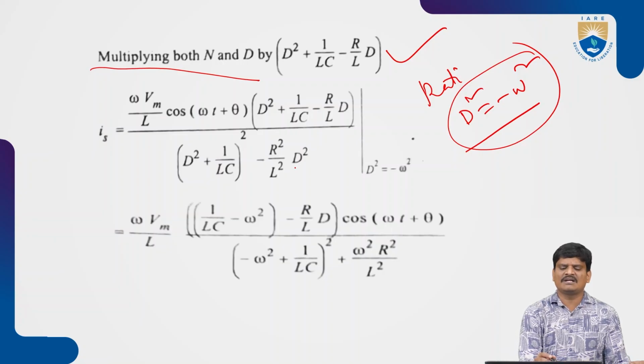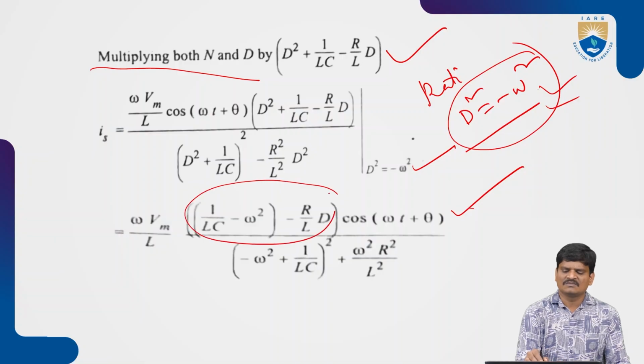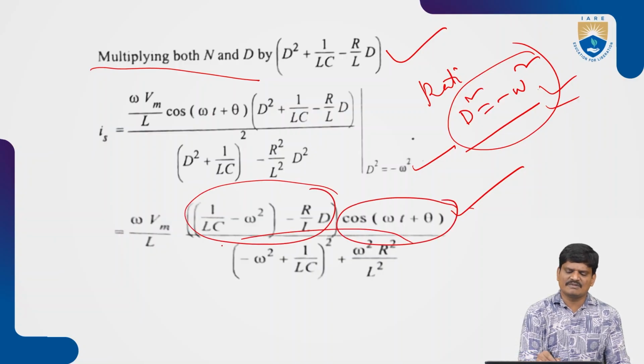And again, after that particular expression, I want to replace the value of d square as minus omega square. After replacing the value of d square as minus omega square, this is the expression for the steady state current which is obtained: omega Vm by L into 1 by LC minus omega square minus r by L into d is one parameter, cos of omega t plus theta is one more parameter,